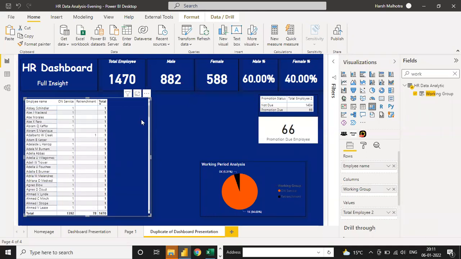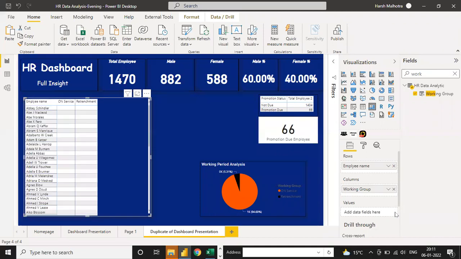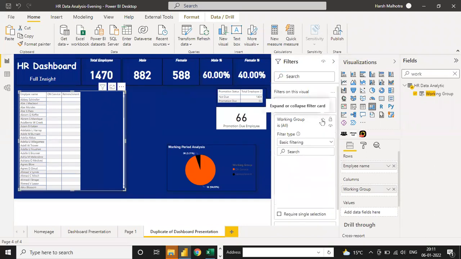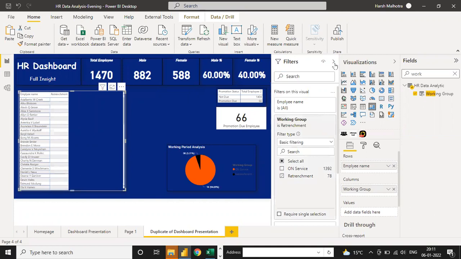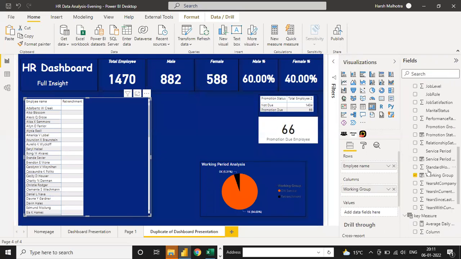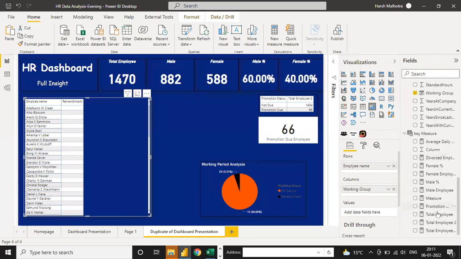Click on this filter. Working group, on service. Click this filter here, working group. I want only retrenchment. Select this. Employee value.